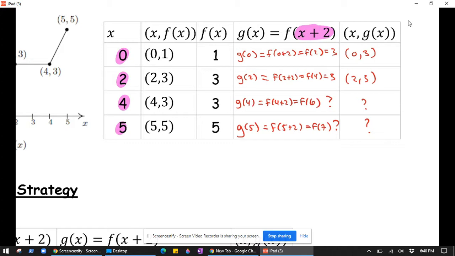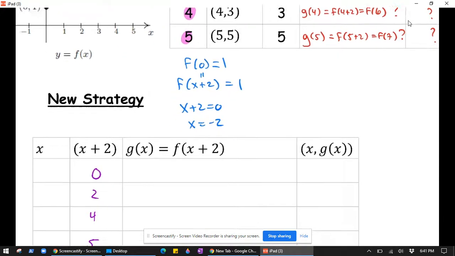So what we really want to know is, if for instance f of 0 is equal to 1, which we know, then what would I have to plug in for x to make the output also be a 1? Well, we need to set x plus 2 equal to 0 and solve. x plus 2 equals 0, so x equals negative 2. Aha. So if x is negative 2,